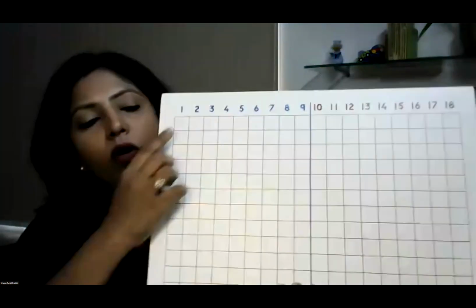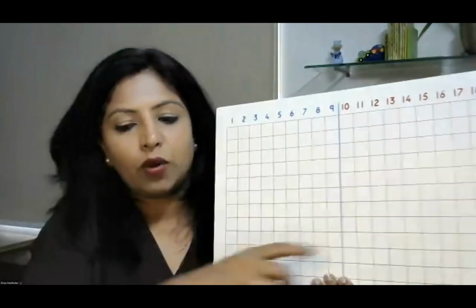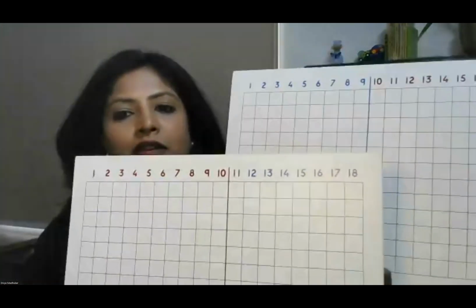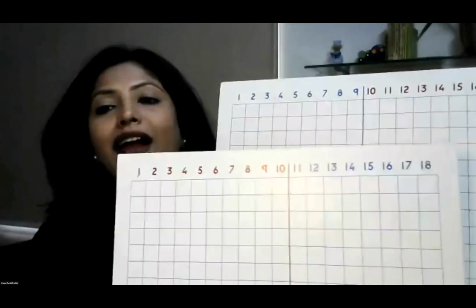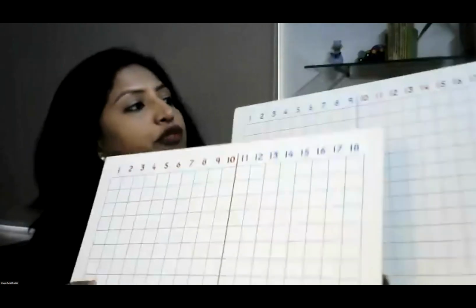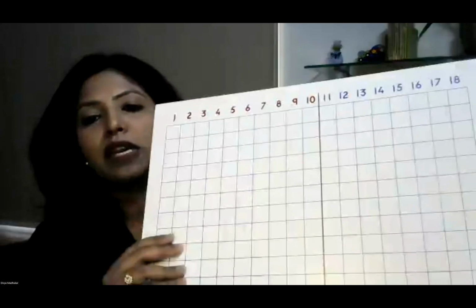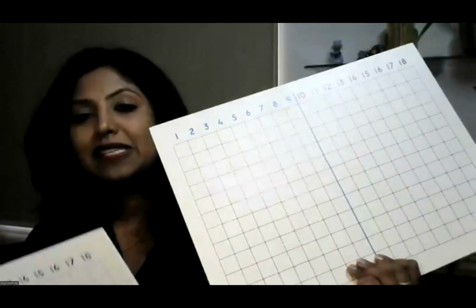The subtraction strip board will look very similar to it, but the only difference is, look at the first numbers over here. They are all in blue and the line is after 9. It looks very similar, but you will be able to find the difference between an addition strip board and a subtraction strip board. Both of them will have an ending number of 18. The first one which I showed you is my addition strip board and this is my subtraction strip board. They look very similar. Now this is just a board. To the board, I am going to be adding some strips, right?